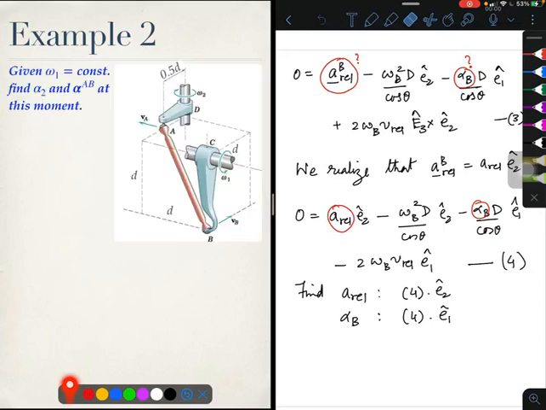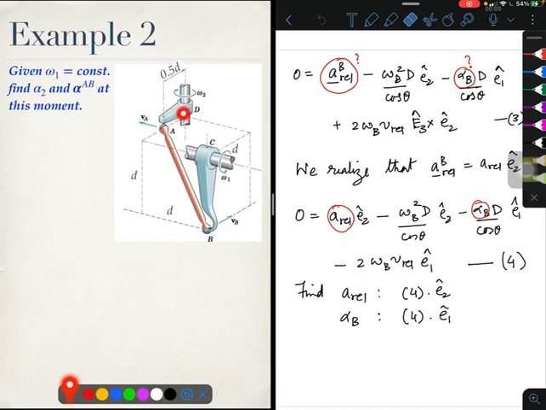Example 2. We will again revisit a system that we have already done earlier. We have a 3-dimensional 4-bar mechanism. The arm is rotating at omega 1 and is connected to the other arm AD through this link AB. This is a 3-dimensional problem. We are given that omega 1 is a constant, this rotation is a constant, and we need to find the